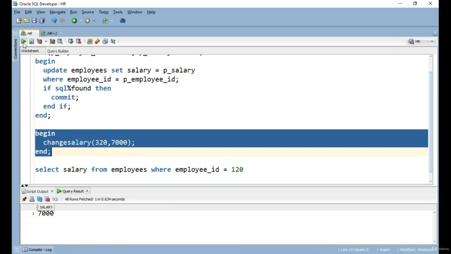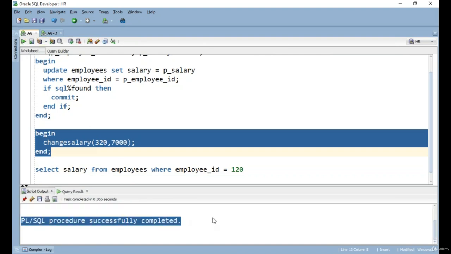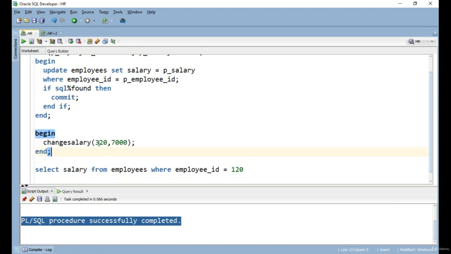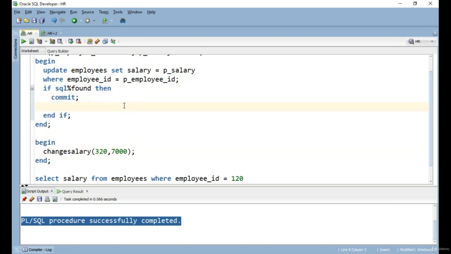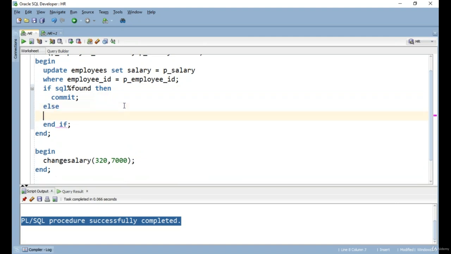So try running it and you're going to see no error message. It says procedure successfully completed. But that's misleading because we didn't have any employee with ID 320. So we can make a small change here. We can put an else here and say if the change is not made, obviously it indicates that the employee